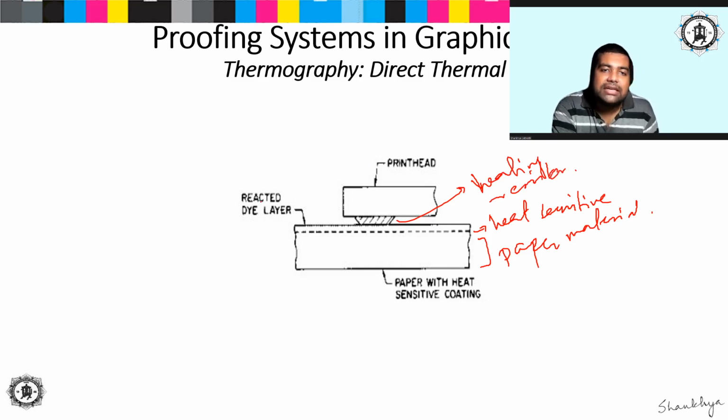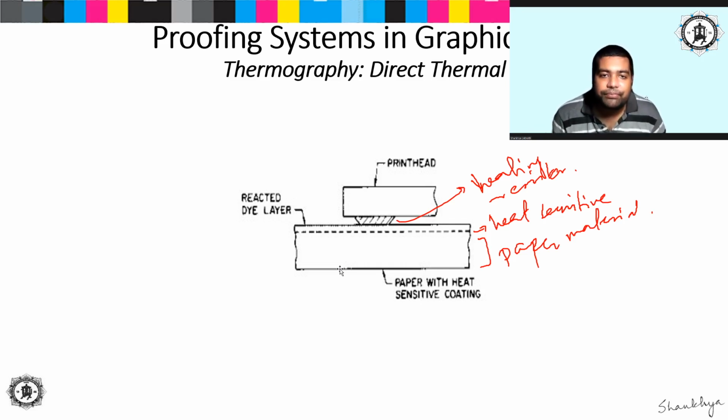Wherever the print head comes in contact with the heat sensitive paper, because this is a heat sensitive paper and it contains a dye layer, the dye starts to get developed, and as soon as it starts to get developed, the color appears. You remember in photographic paper, I explained earlier, whenever the photographic paper receives certain particular wavelengths of light, certain dye starts to get developed. Similarly here also, because it contains dye, the areas of the dye on top of the paper that receive the heat will start to get developed.